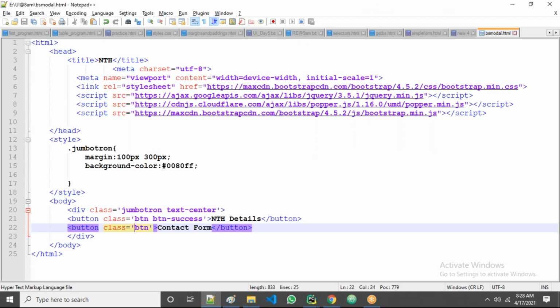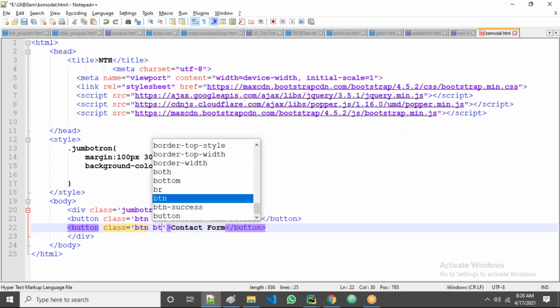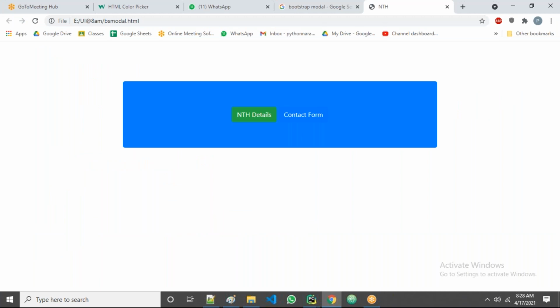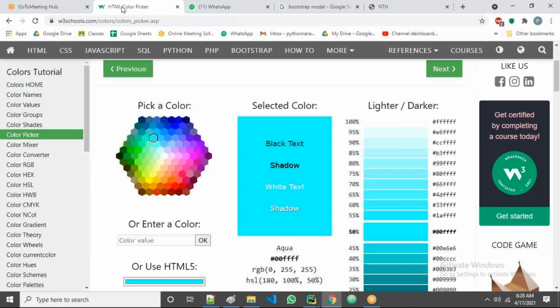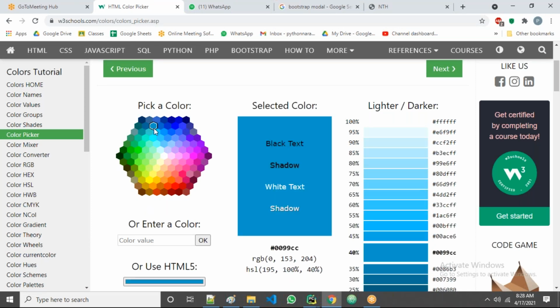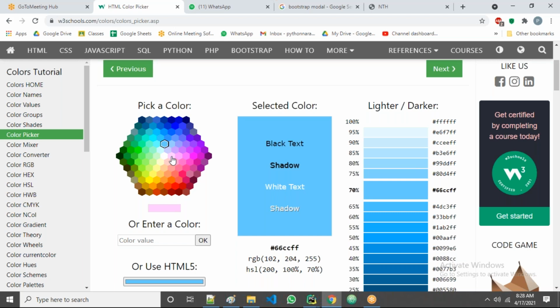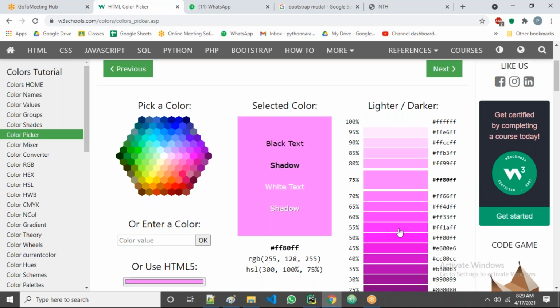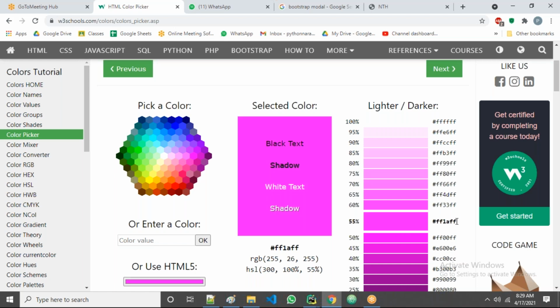Then I'll take a different color for the button. Suppose BTN, let us take here. If we take primary, I think both will be the same colors, guys. That background and this one will be the same, right? Or else, give me 1 second. I change the color here. We'll go with a different color like this. I think this one is better, guys. I think I take this color. Okay.